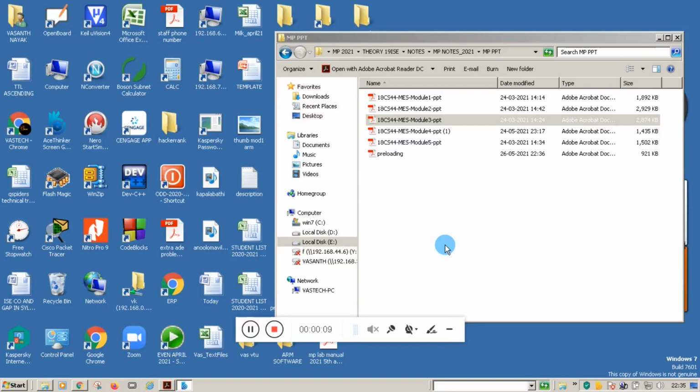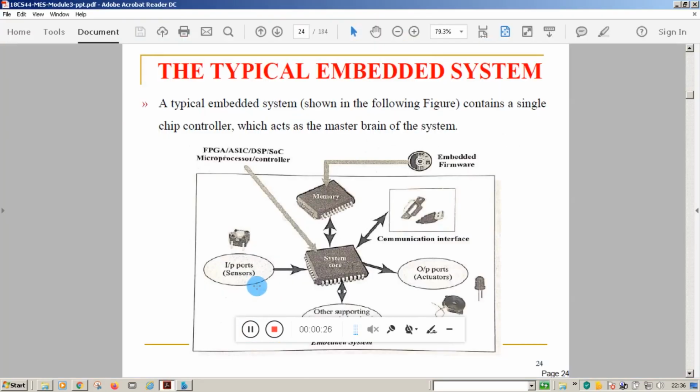In this session, we will see the core of the embedded system. That is, what are the core components or brain components used inside the embedded system. So, first of all, we will discuss the core components of the embedded system, like processor, microprocessor, microcontroller,